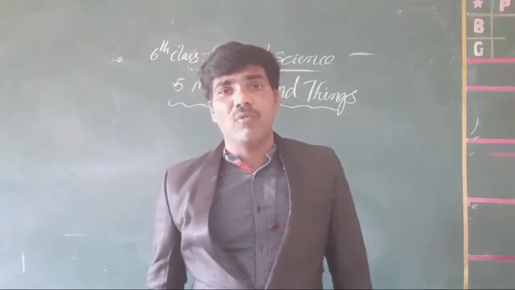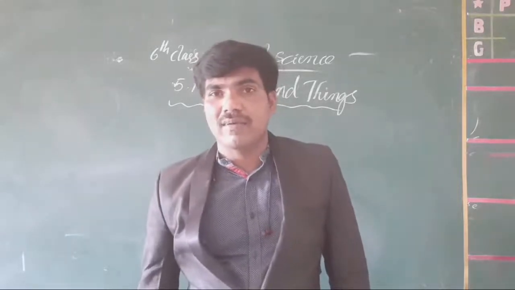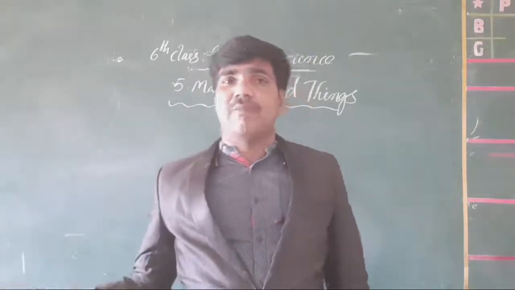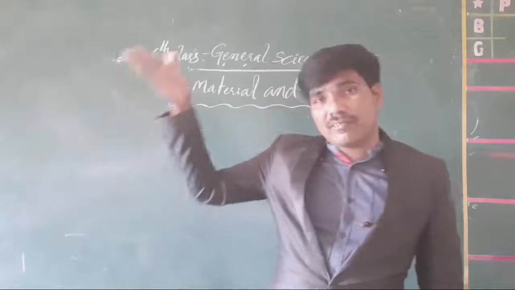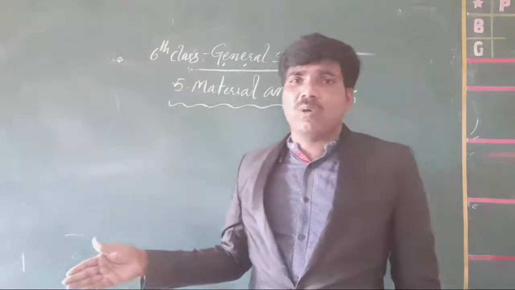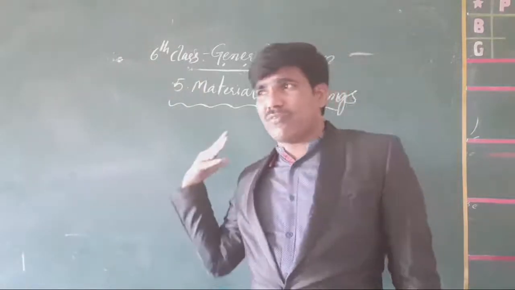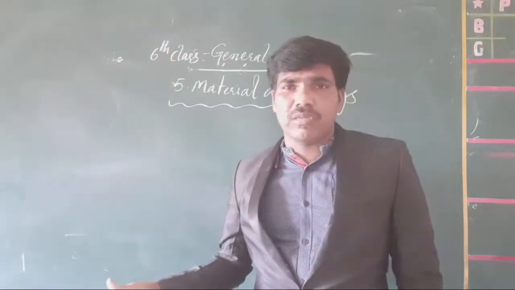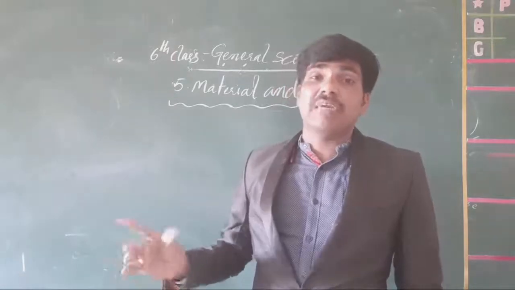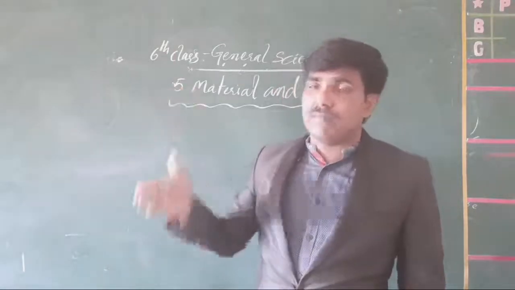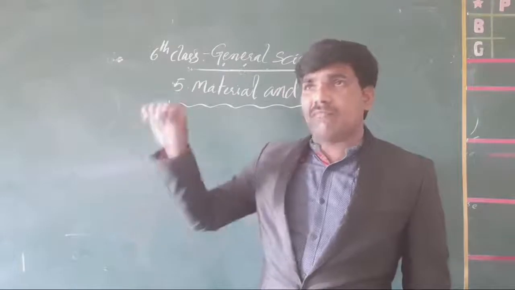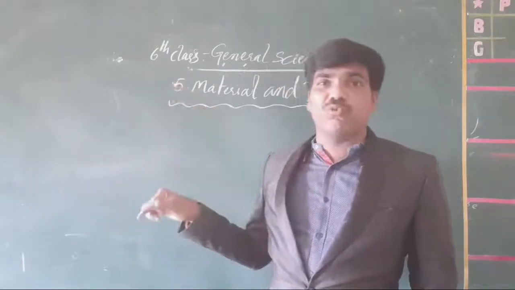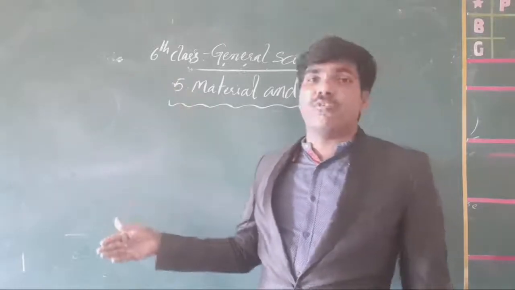And mirror, how do we make a mirror? By using glass. Yes, one side contains glass, another side contains plastic. At the back side of the mirror there is some coating. Yes, for a perfect mirror we use silver coating. Otherwise any black coating is there. Okay, what is the material? A glass and a coated material. Yes, means color. Otherwise maybe plastic or maybe wood. For the borders may use wood. At the end may use plastic.